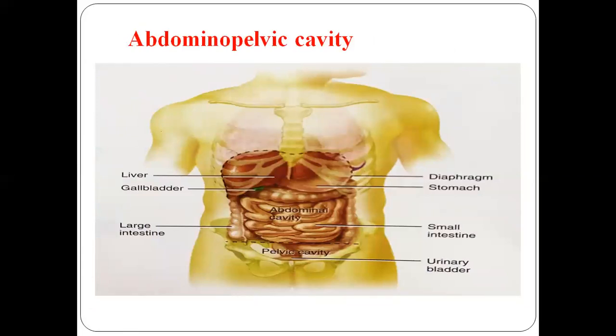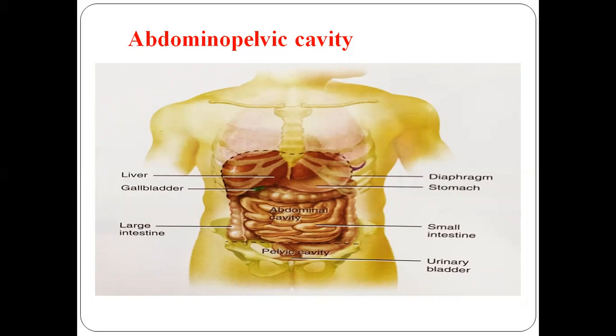Now, the abdominopelvic cavity extends from the diaphragm to the groin, and it's encircled by the abdominal muscular walls and the bones and muscles of the pelvis. As the name suggests, the abdominopelvic cavity is divided into two portions, even though no wall separates them. The superior portion,